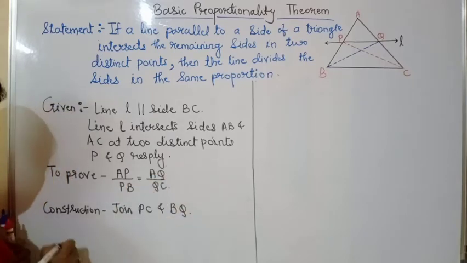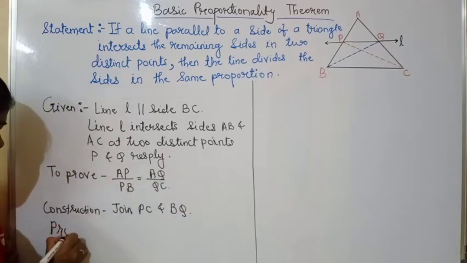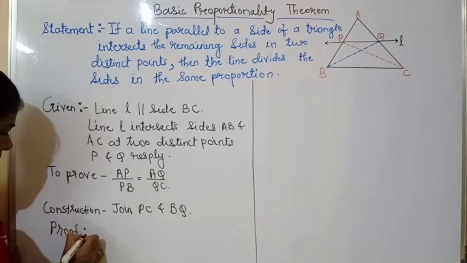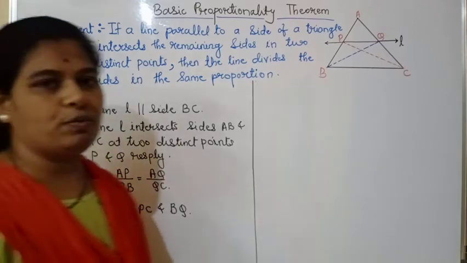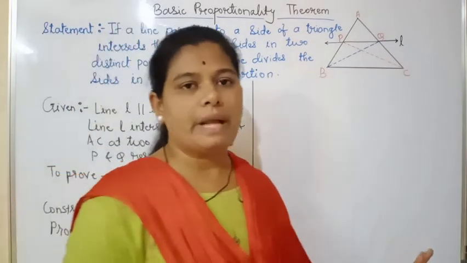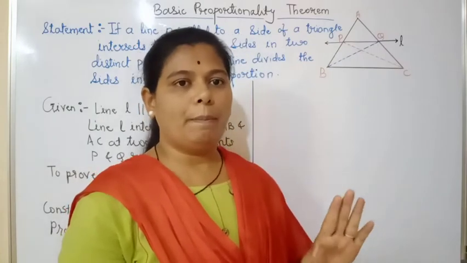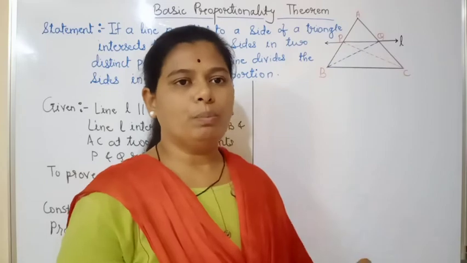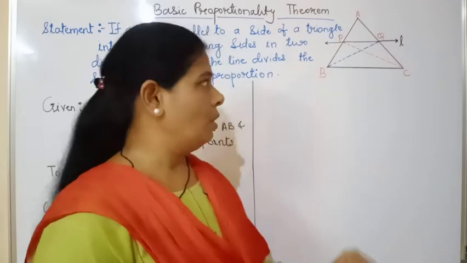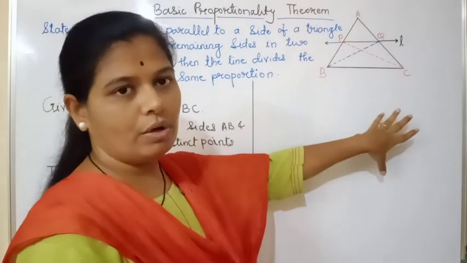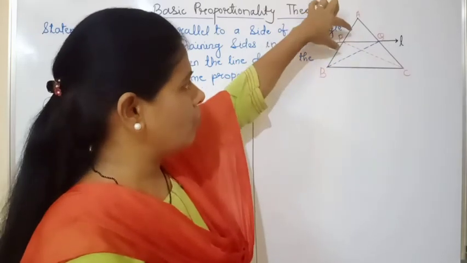Now what we will do? We will write the proof. While writing the proof, first of all you have to study the diagram properly. You have to understand the theorem. You should keep in mind what we have to prove, and according to that we have to go. In this theorem, first of all we are going to take these two